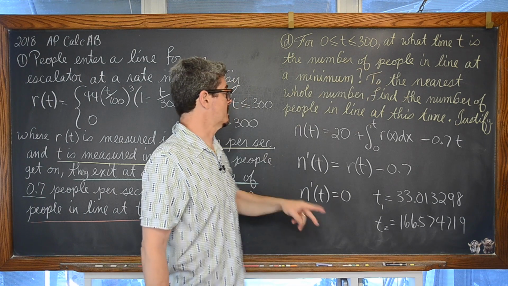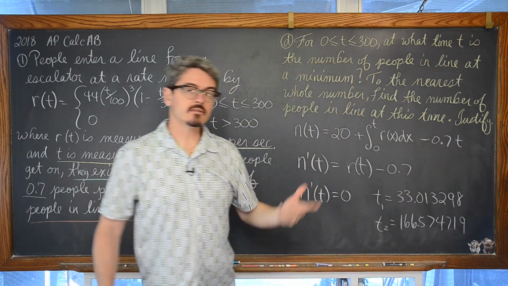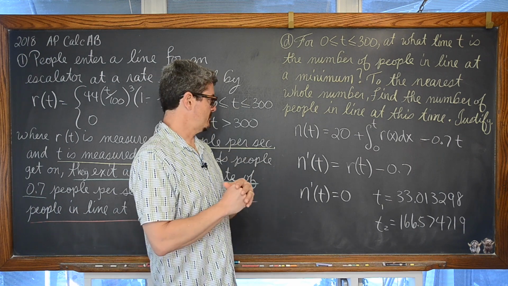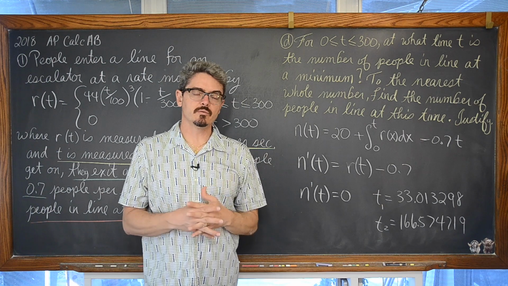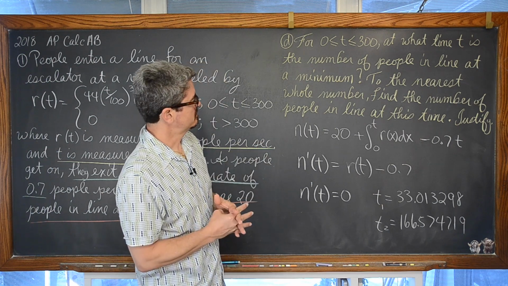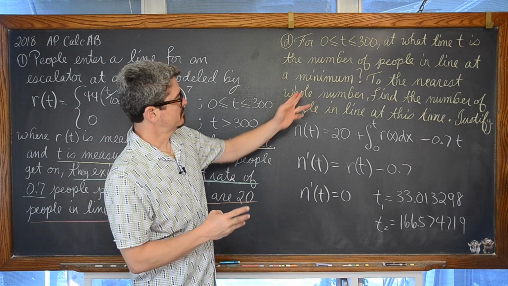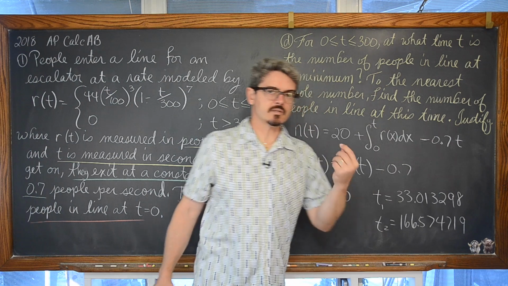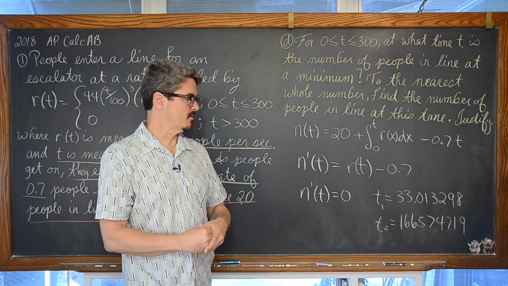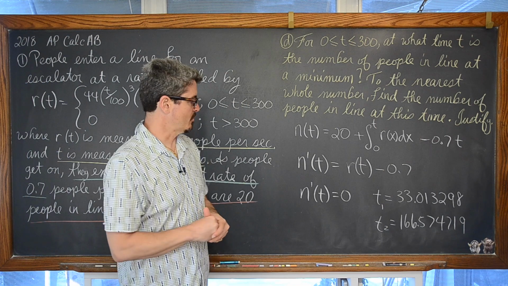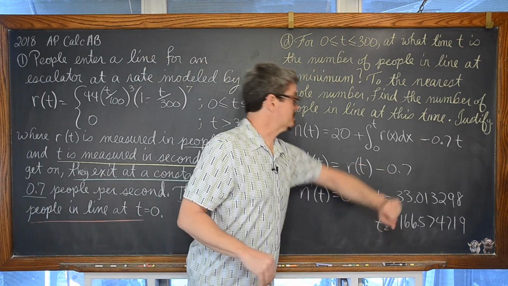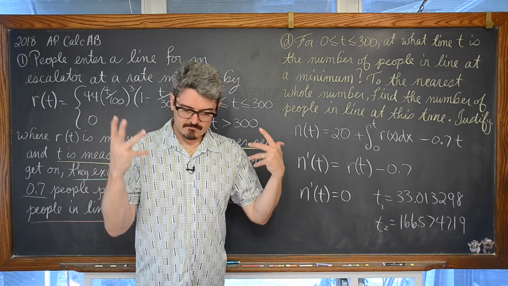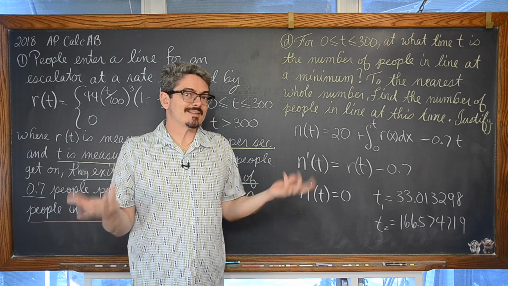and then finally take that 300 and plug it into this function and get the four values which are describing the number of people, and then just look for the lowest number, round it off to the nearest whole number, and justify your answer. Well, your work there of working through that extreme value theorem and having that table of values where you're finding the four values for the number of people at 0, at 33, at 166 basically, and at 300, and just make a statement to finalize your conclusion, and that is actually the end of the problem.